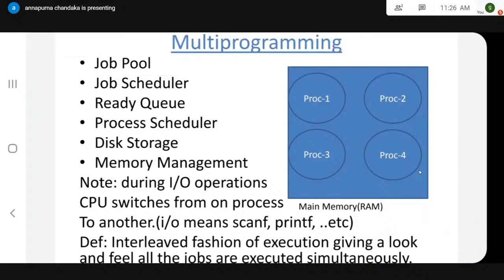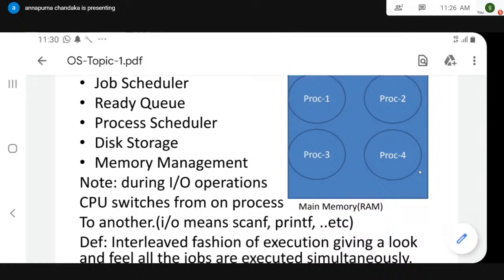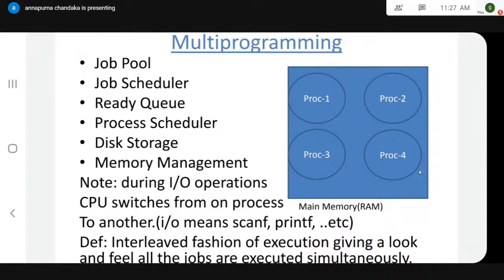And then one scientist invented a very good concept called multi-programmed batch systems. This is going to be in your textbooks, under the name multi-programmed batch system. We simply call it multi-program. So what is multi-program? Everyone should understand what input-output operations are. Statements like printf and scanf are called input-output statements. While executing such statements, it needs an interaction with input-output devices. That is what is called IO operations.